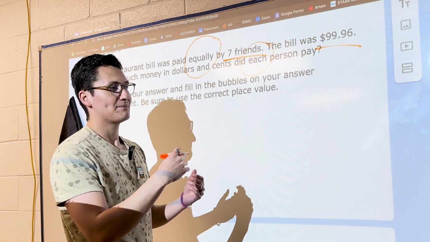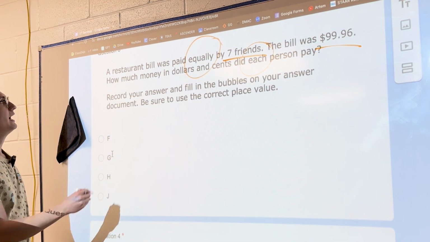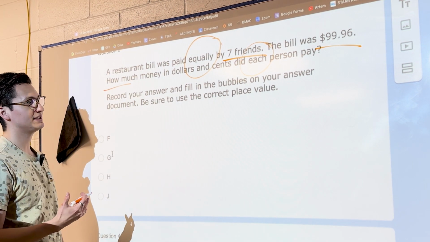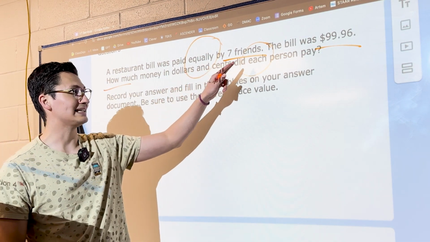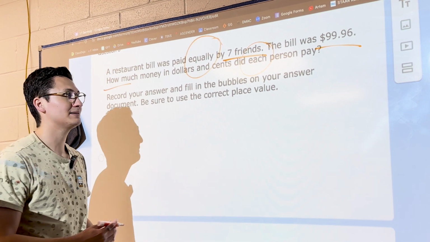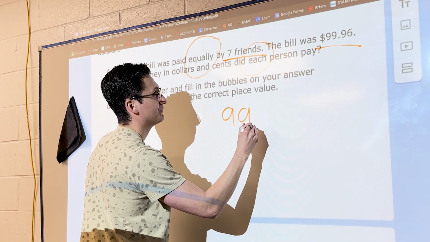So, if you need to see it, yes, sir. There's also another keyword, how much. How much? Okay, that's a good word, but the main keywords are going to be equally and each. And if you need to see that with a picture, look, this is the check or the bill,